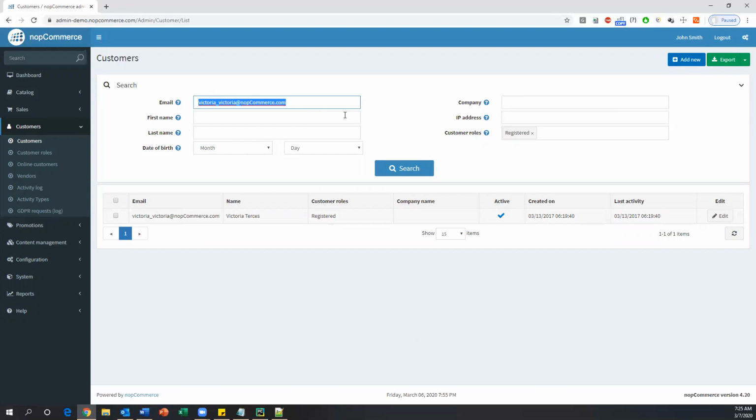That's one thing. Now search with the name. Suppose, instead of email ID, I'll say only first name, Victoria, or we can also say last name. This is my last name. Then click on search, and this will also give you the record in the table. If you find this record in the table, that means your search is successful. And we need to pass the existing email ID.